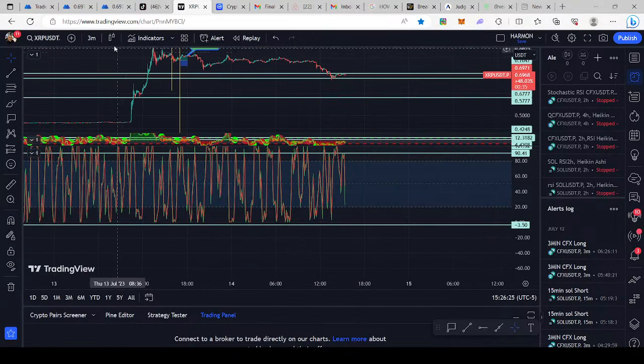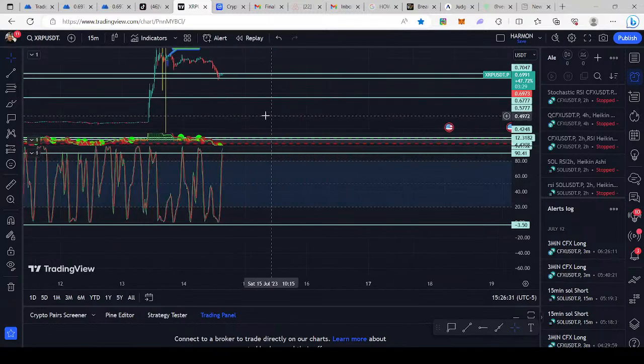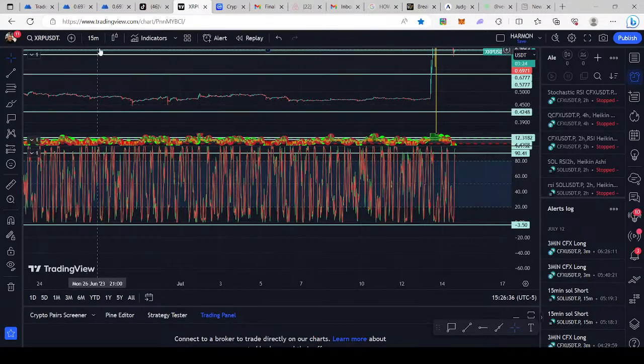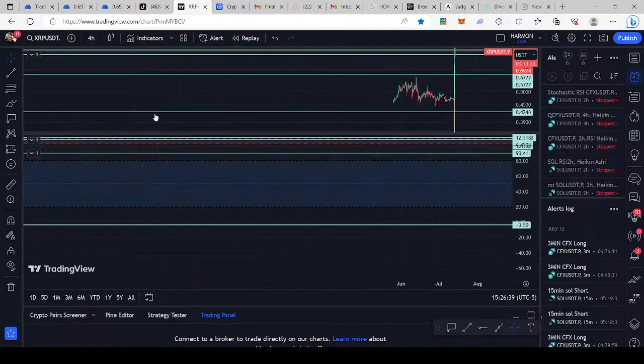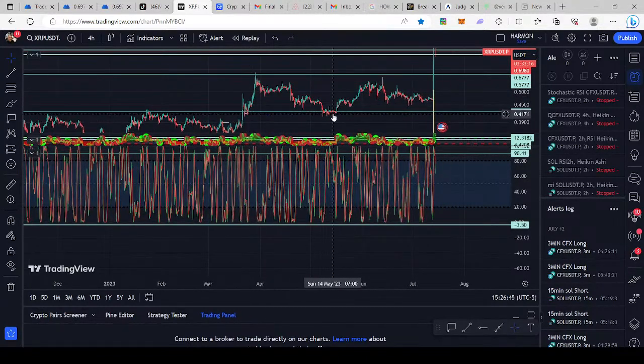Now, back in the day, if you were buying your XRP at 40, let's go to 15 minute, you were buying at 47 cents in this area here, right? You would already know, I'll go to a 4 hour. You would already know when XRP was anything around 42 cents, you would have been buying XRP because that's a floor right there. So floor, came back, retested. So some guys could have bought here at 44 cents, retested 42 cents. And then when it retests here at 44 cents and starts to go up, and then a retest at 45,